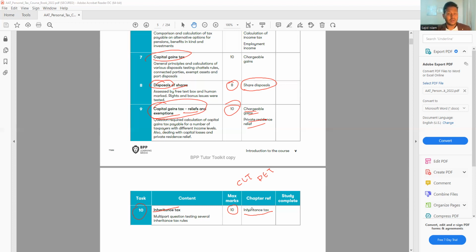So we're going to cover all these things. Hopefully now you know what will be covered in this personal tax paper. Hopefully this will be very helpful to know the whole area that's going to be in the exam. Now we can do it one by one, and after you complete that, we have 2 practice assessments from the AAT website. That is very important for us. Once you complete the book, then we move to those practice questions. And once you've done these practice questions very well, then you'll be kind of ready for your exam.